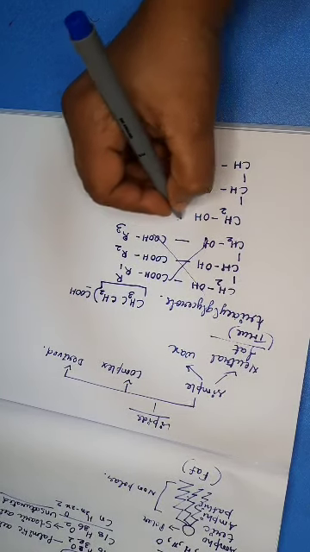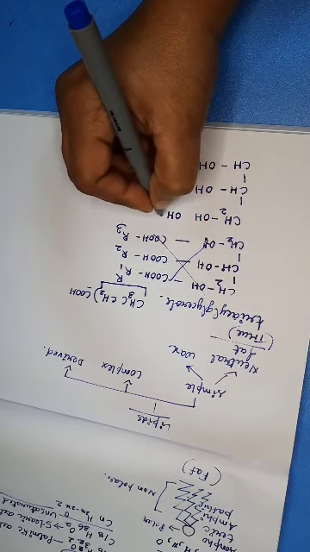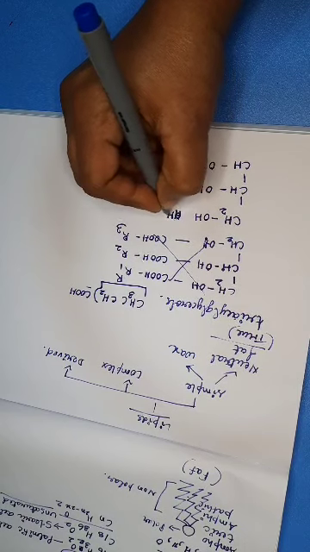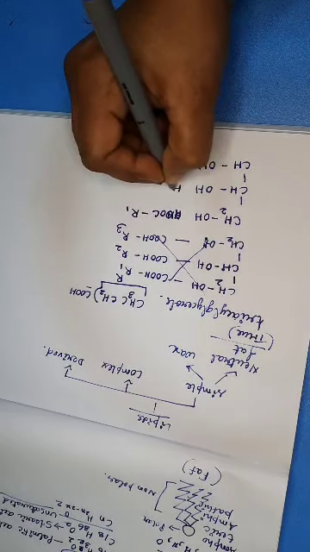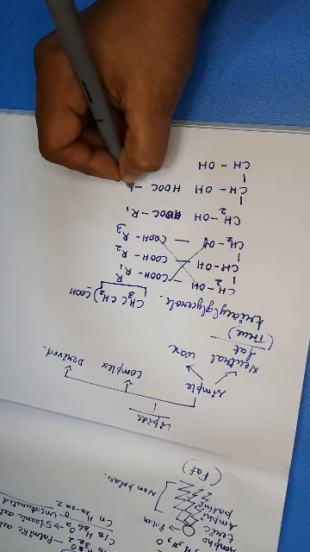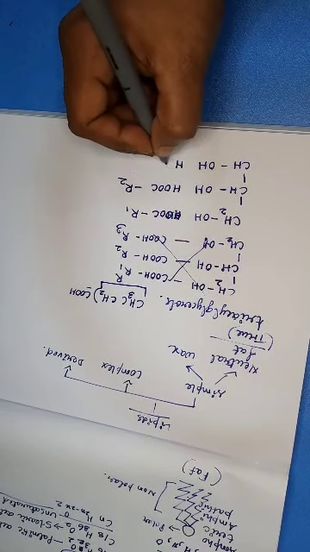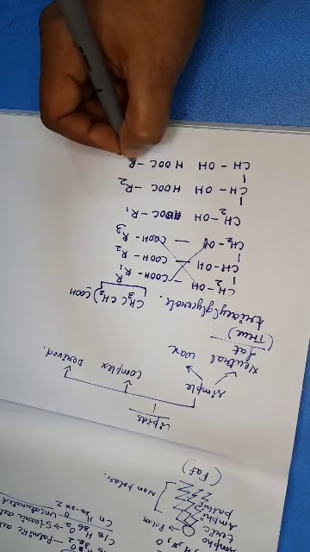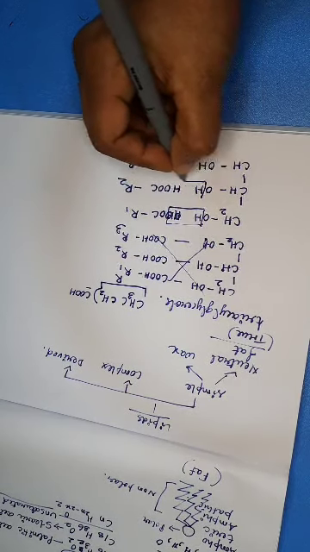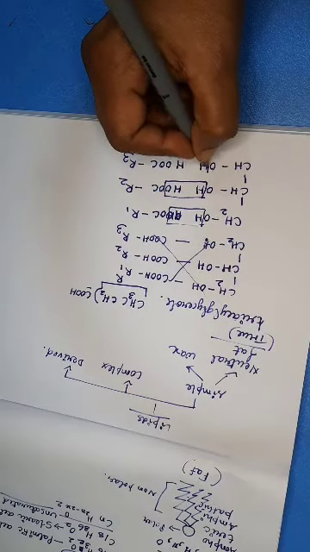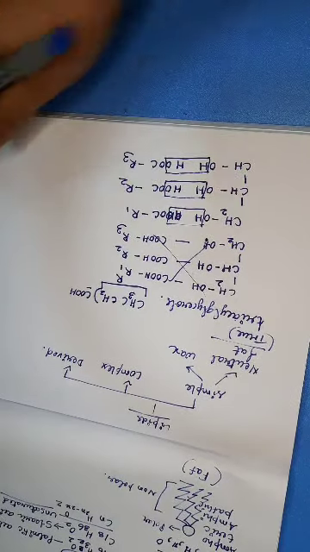Let me write the COOH group as HOOC R1, HOOC R2 and HOOC R3. Now you condense this and this. You will be getting 3 molecules of water out of it. And the resultant structure will be